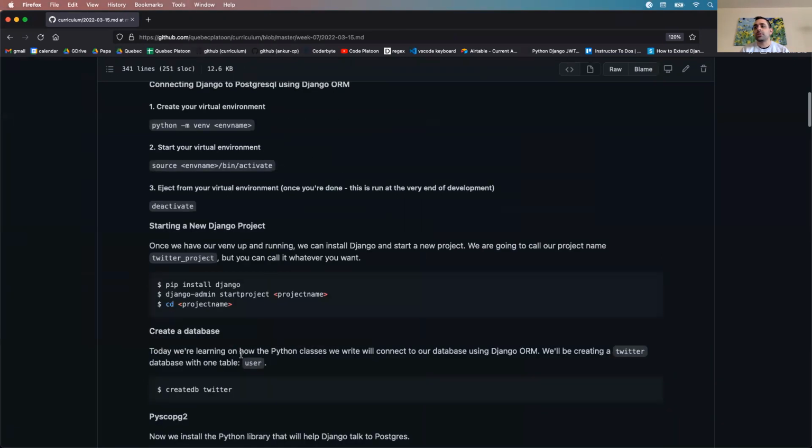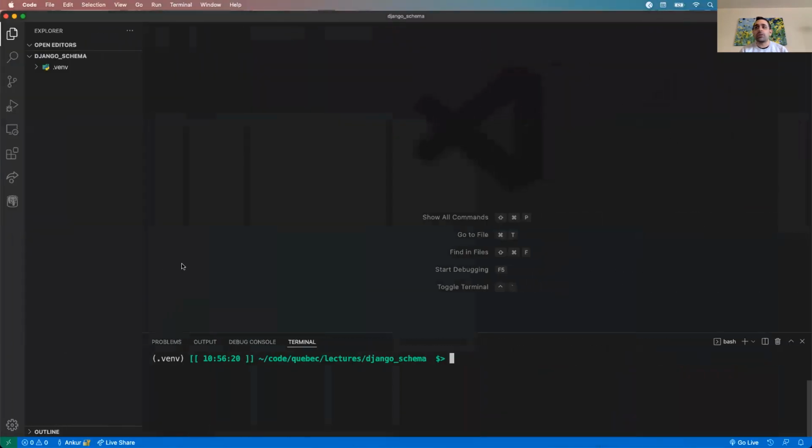All right, so we're going through an example. I guess we're going to be creating a Twitter app for our Django project. So I already created my virtual environment. I installed Django and Psycopg2. So that's where my project is right now. Let's get to